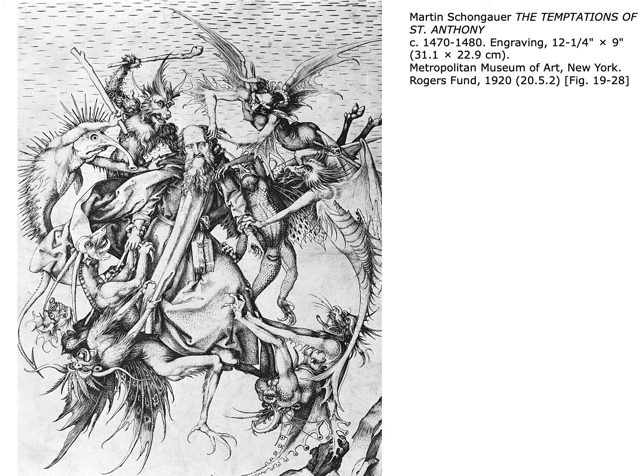Schongauer. Michelangelo, as a boy, was said to have copied it in color, and Durer reused the figure of the devil with a club above Anthony in one of his greatest engravings, Night, Death, and the Devil. We will learn about both of those in High Renaissance art in Northern Europe and High Renaissance art in Italy. Schongauer's interpretation, though, preserves some sense of plausibility.